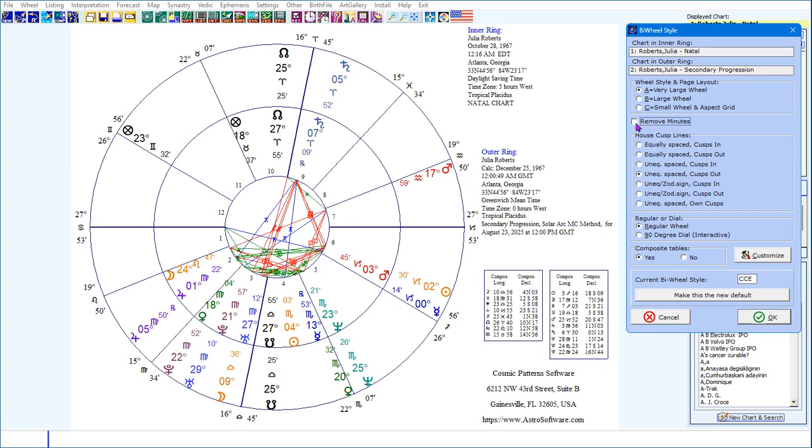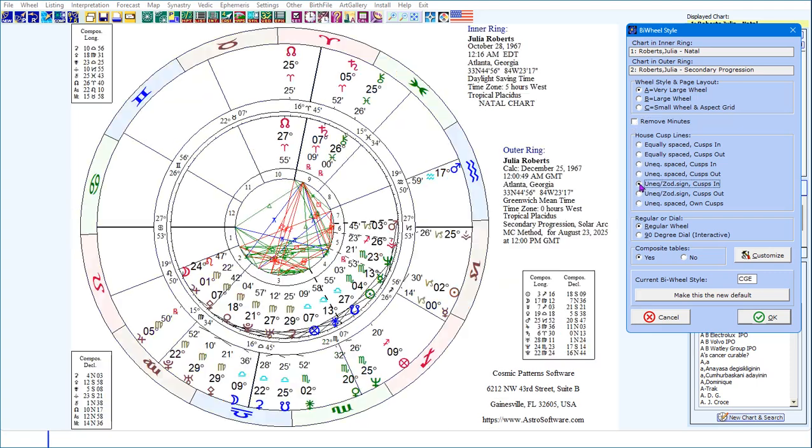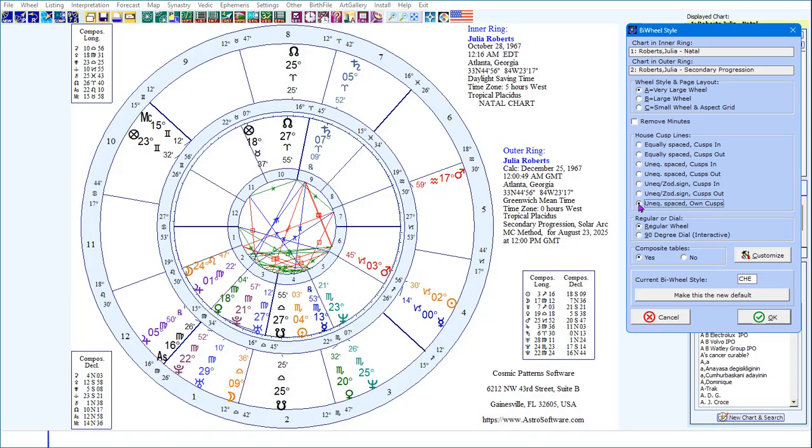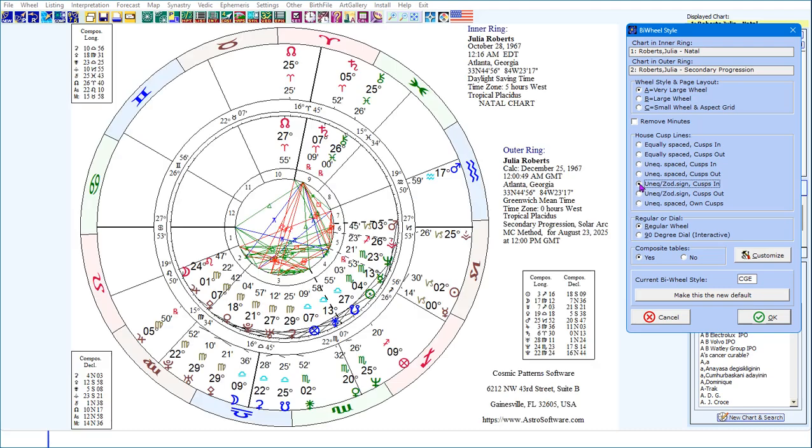Okay, and then in here, you can click in here. Now here you go. If you don't want those minutes, again, you can remove the minutes. Okay, you can choose this one. There's a lot to choose from right here. As you click on it, you see it on the screen. Okay, and then